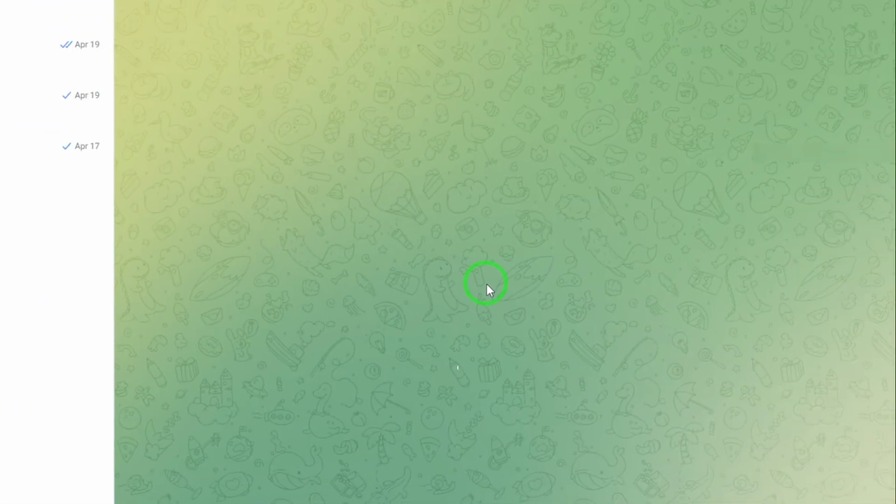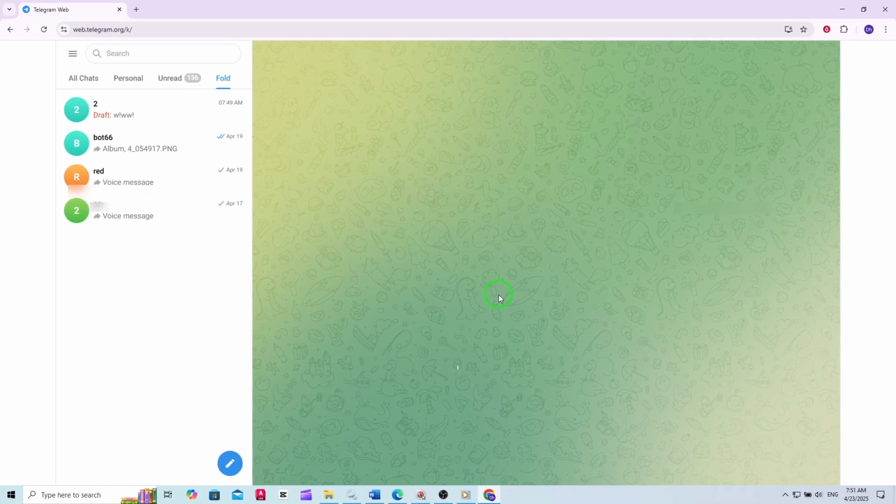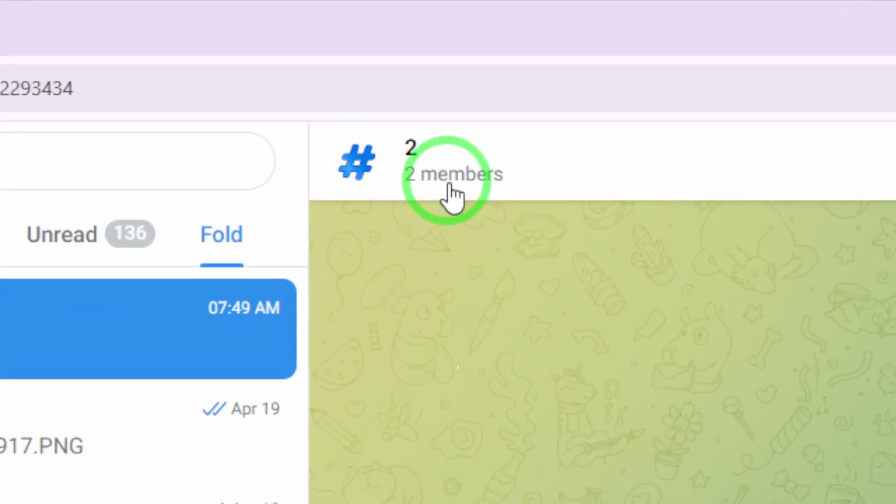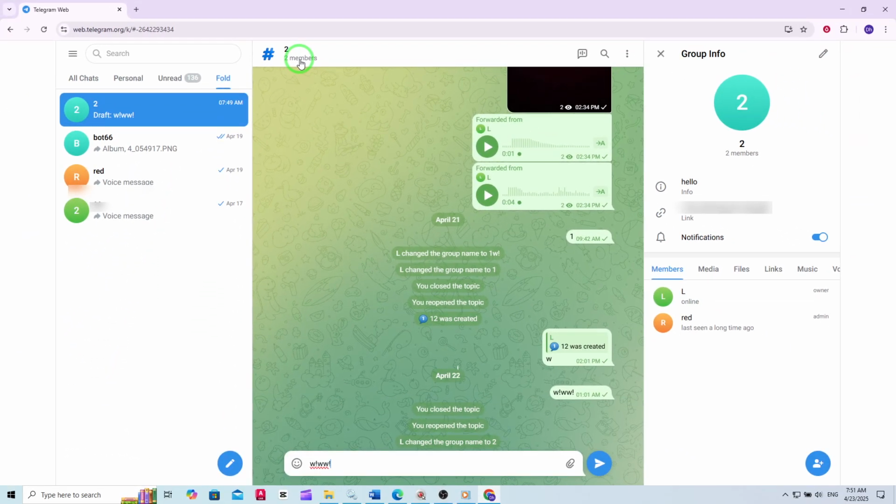Log into your Telegram account if you haven't already. Once you're in, look through your chat list and open the group where you're an admin and want to control message permissions. At the top of the group chat, you'll see the group's name. Click on it. This will open the group's information panel, where you can see details about the group and access